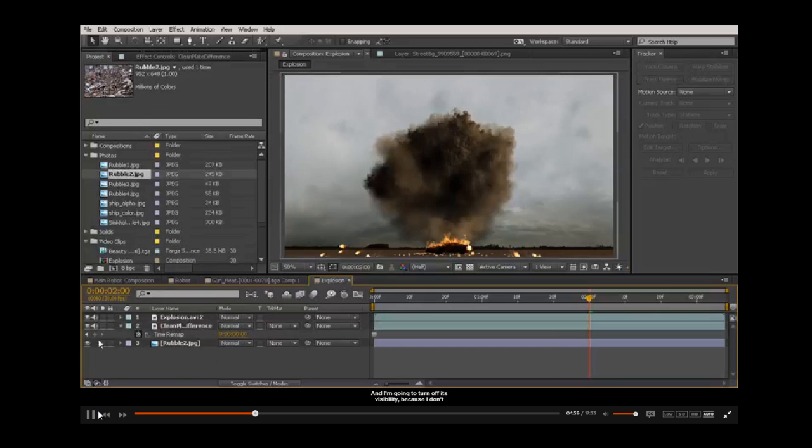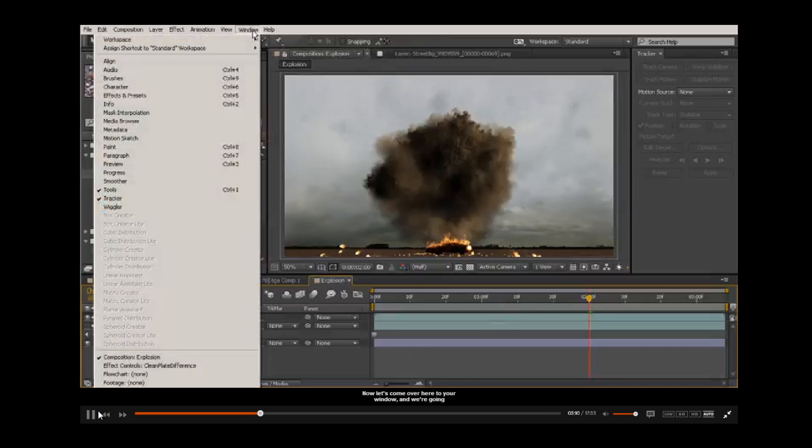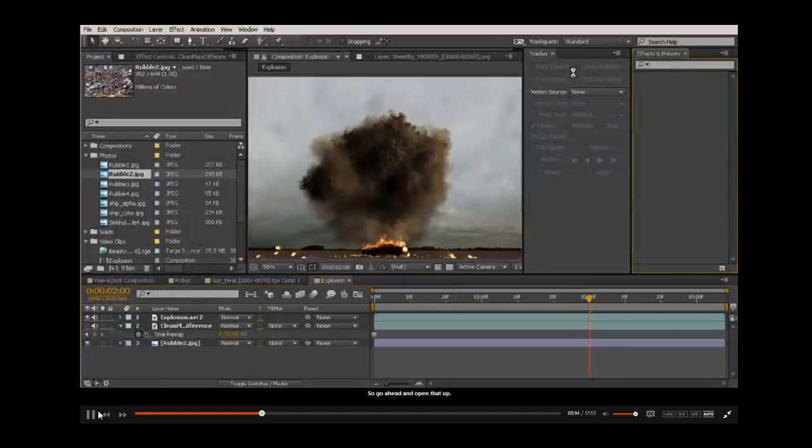Okay, and I'm going to turn off its visibility because I don't want to be able to see this. It's just a point of reference. Okay, now let's come over here to your window, and we're going to grab our effects and presets panel. So go ahead and open that up, and we don't need the tracker panel for now, so we can X